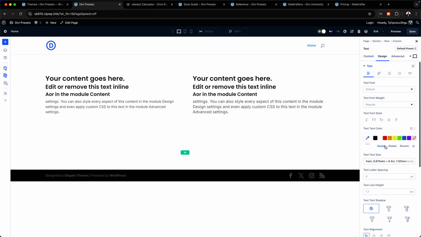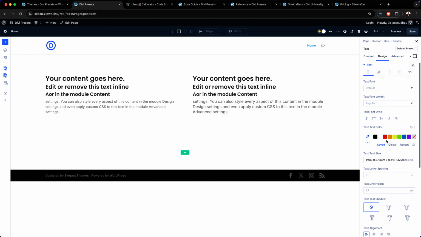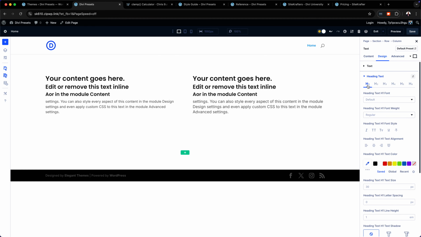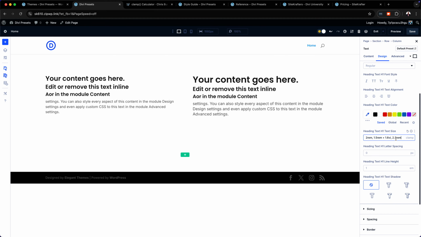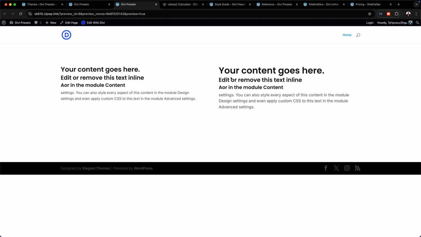I'd copy that, and then come back over here to my site, and then I need to now go to my heading 1. So for my heading 1, I'm going to come all the way down here and choose heading text and be on heading 1. I'm going to scroll down and then go to my heading size. So I'm going to click here and then go to, where is it? I need to look for clamp, and here it is. All right, so I'm going to go in now and paste my value, and you're going to notice now that this text here has gone bigger, and this is our default one, and you can see the changes are happening over here. So if I save this and do a quick preview,